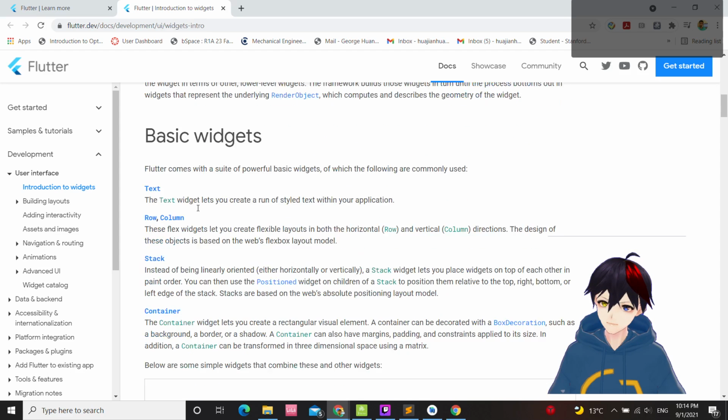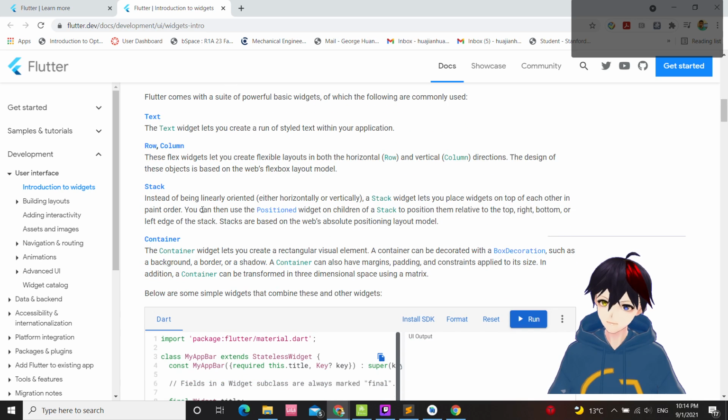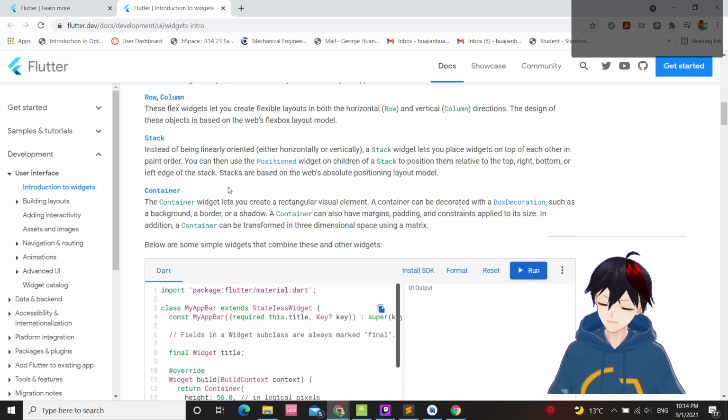We've got widgets, we've got text, row and column, stack. What's a stack? A linear orientation, one on top of the other. Container. That's Swift, I think.